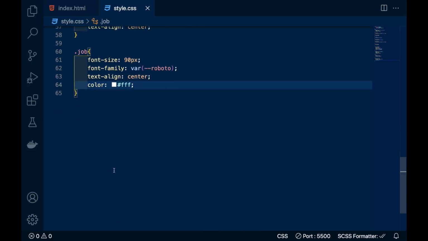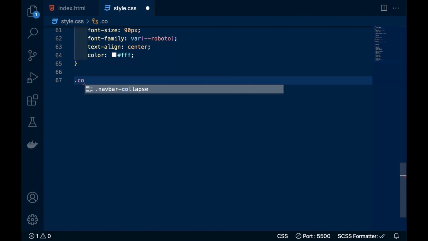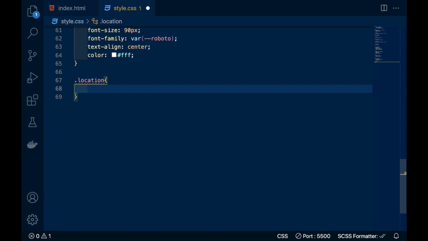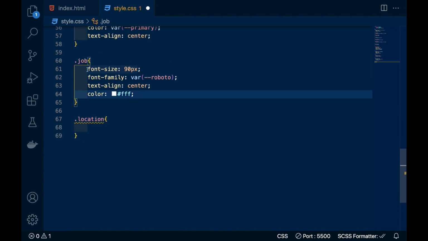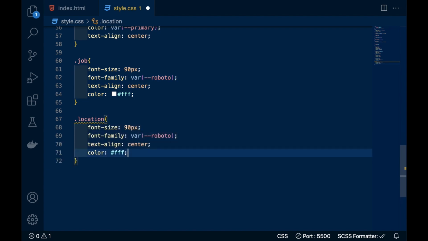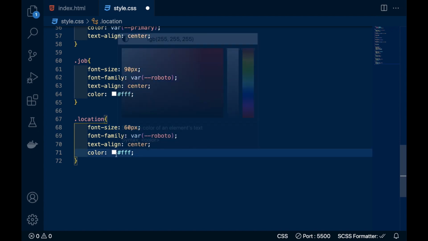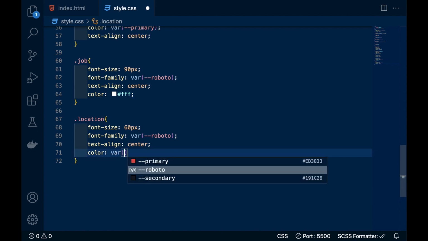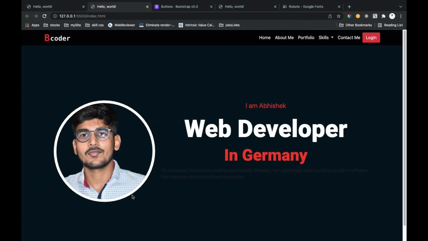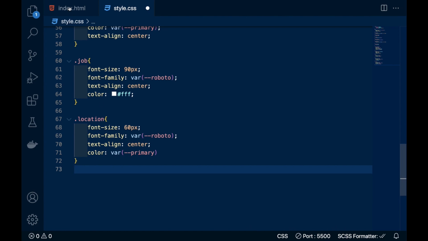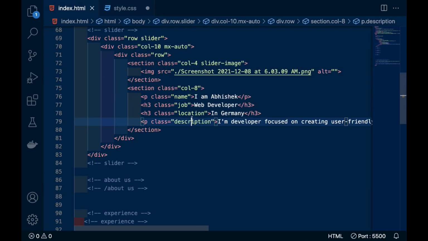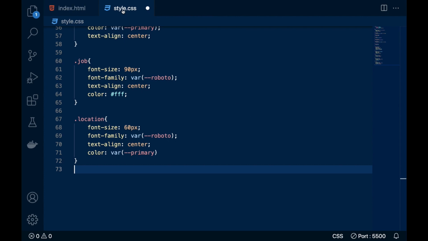And now location, so we will copy all this and it would be 60 pixels, and after that was description.